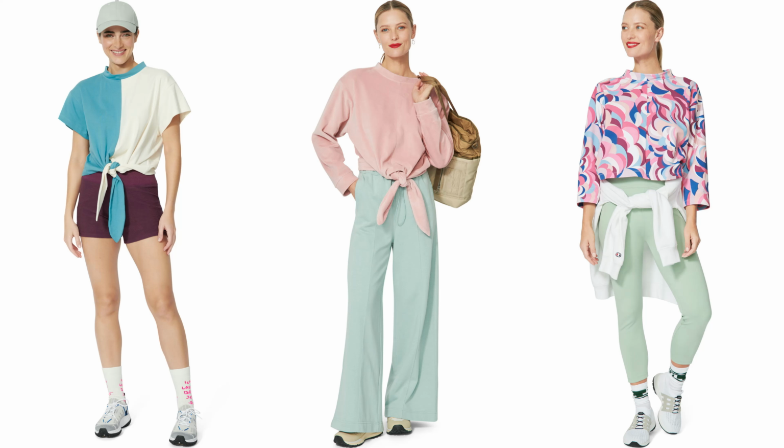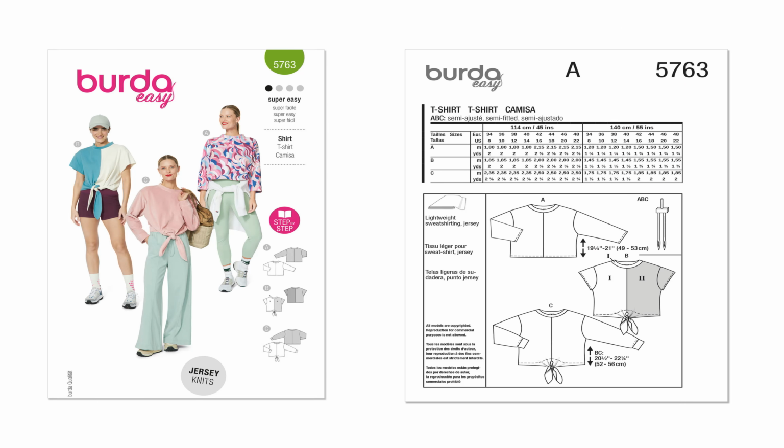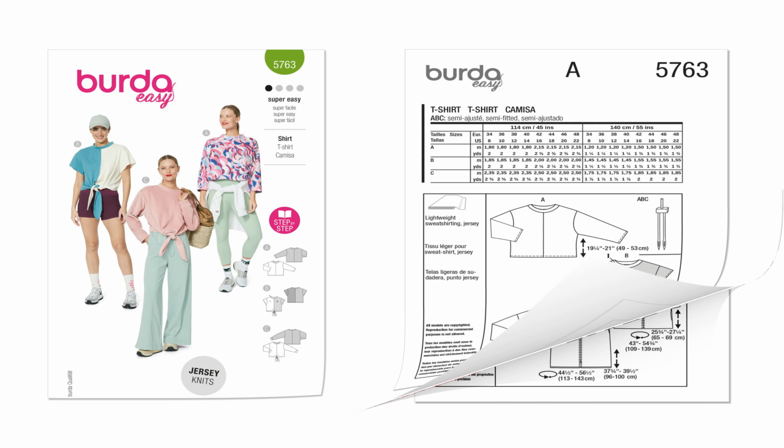This is relaxed shoulders. It also features 3/4 length sleeves for this one. You can do some color blocking, which is what you see in view B and view C. So they have solid on the front, color block in the back, or half and half, which would be a fun thing to do as well. But once again, this is 57.63. Moving over to the next pattern is